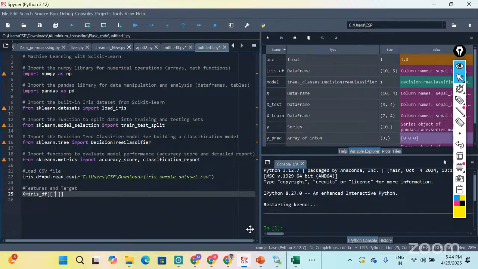Next, capital X is my input variable, so here I need to separate my input data. Sample_length, which is one feature. Next, I'm taking sample_width. Next, I'm also taking petal_length.